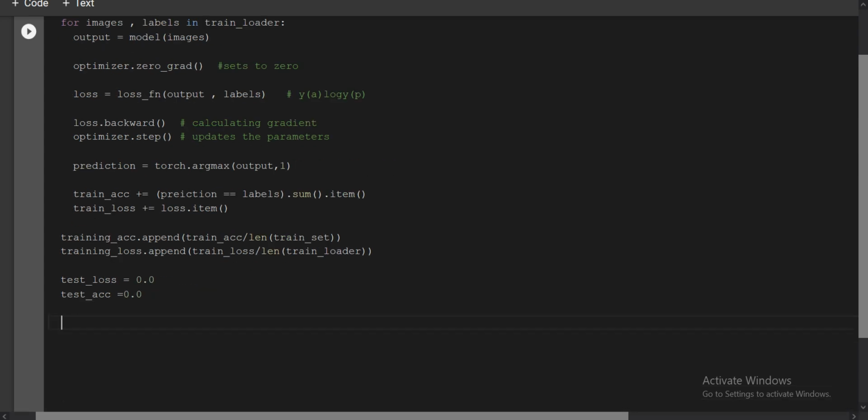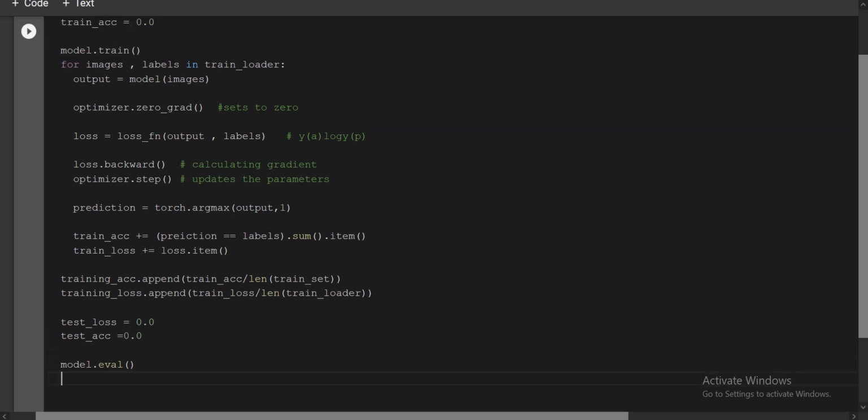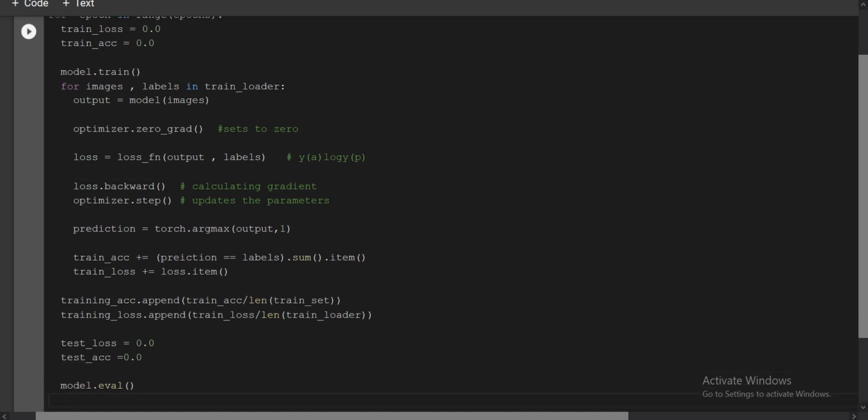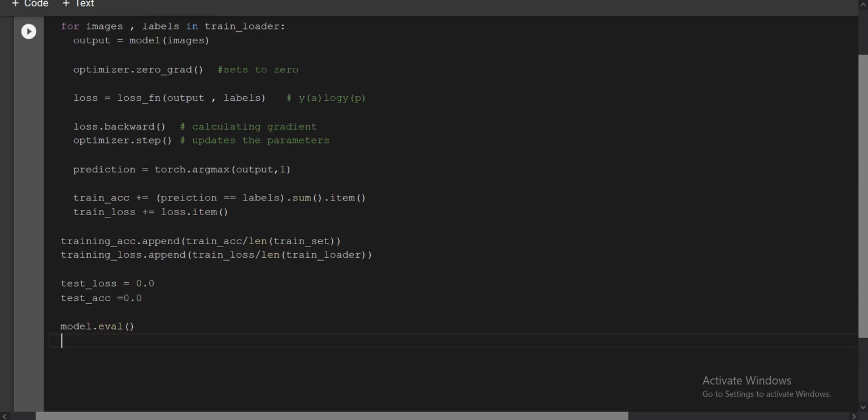Now you will say that this is model dot eval. Eval basically means we are now evaluating our model, how it behaves without updating our weights. You can just copy and paste, you don't have to write each and everything again. In this you will not update the weights, you only want to see how our model is behaving. So first you write torch no grad, meaning you don't want any gradient values, that's it.